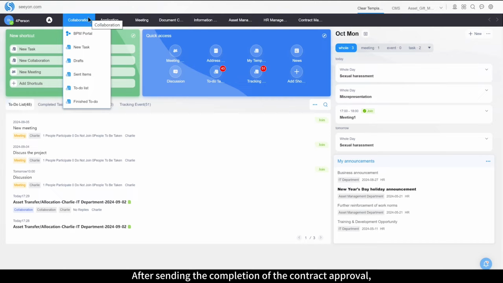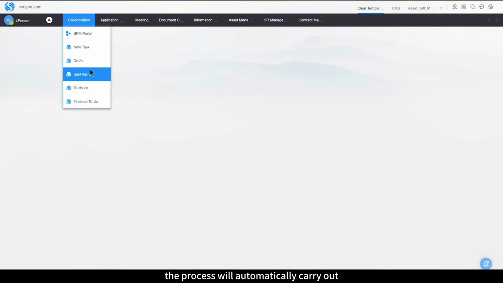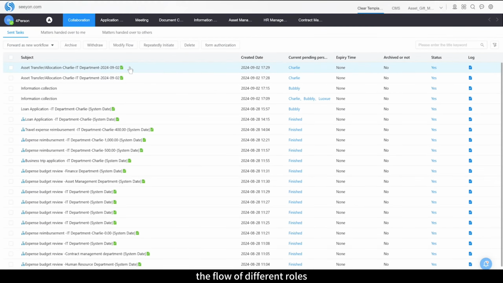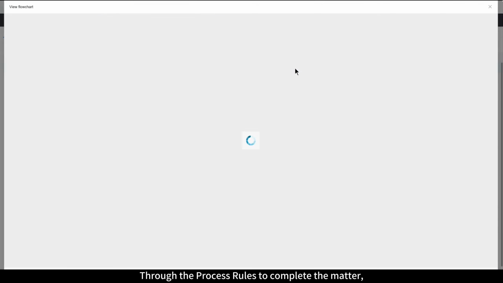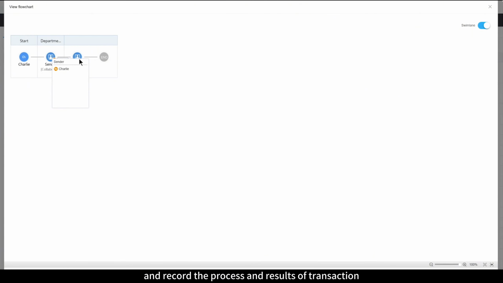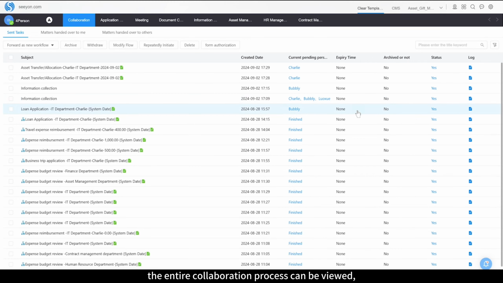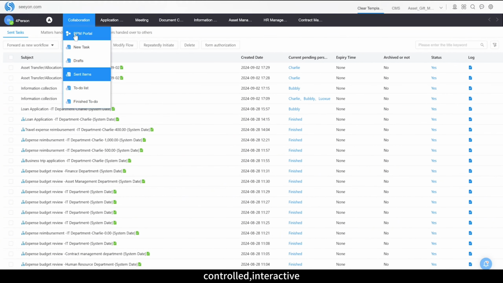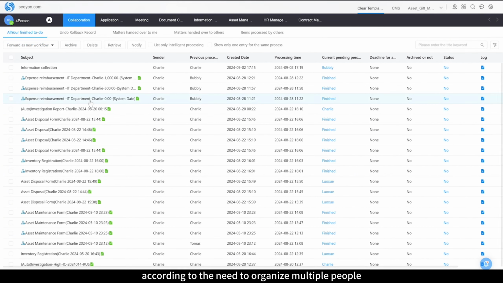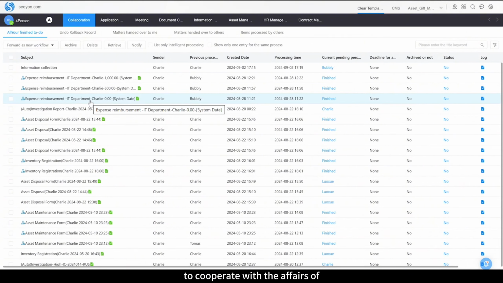After sending the completion of the contract approval, the process will automatically carry out the flow of different roles in accordance with the preset rules for processing. Through the process rules to complete the matter and record the process and results of transaction processing, the entire collaboration process can be viewed, controlled, interactive, convenient according to the need to organize multiple people to cooperate with the affairs